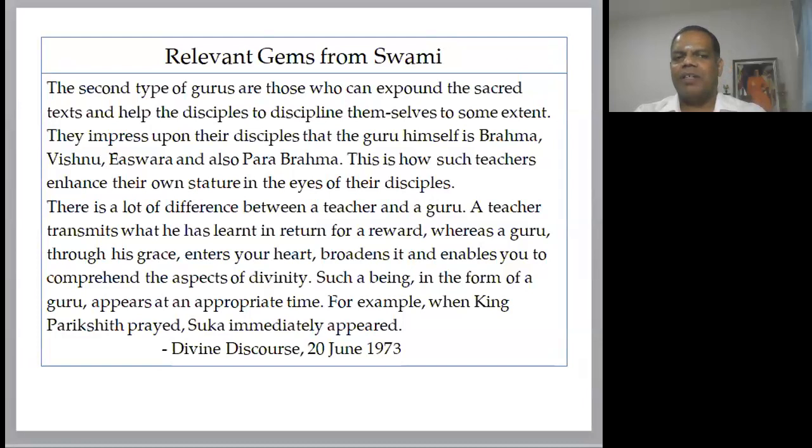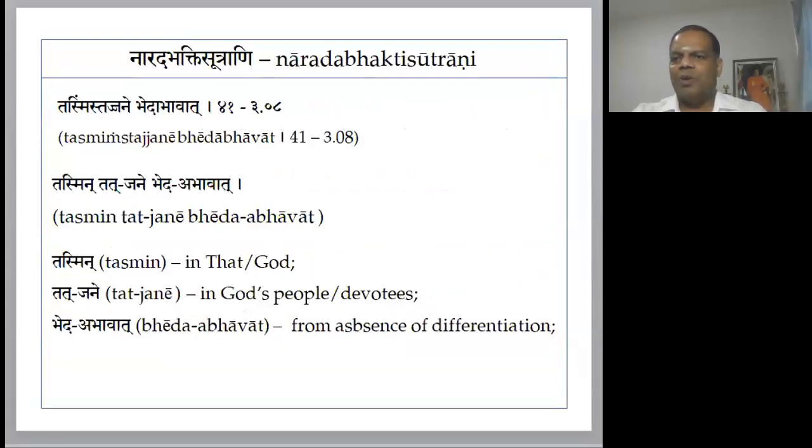They are not there for money. They are not interested in the disciple seeing themselves as someone great. They just wanted the disciple to be connected to the Lord, and with that their job was done. So all these who are mentioned are those who dedicated their life just for that. Let the devotee connect to the Lord. They just want to be an instrument in that, and then they remove themselves from the place without any personal gain or benefit. That's my understanding. Thank you. Right. So we'll go to the next sutra, which is the 41st sutra.